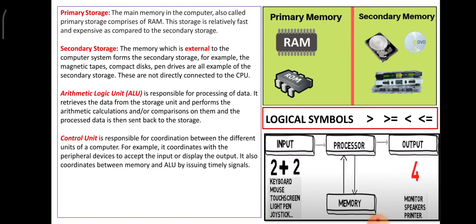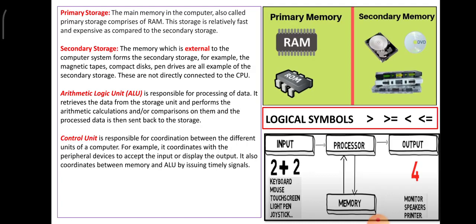As I have told you, the primary memory, RAM and ROM, I have clearly given it to you as a picture. Secondary memory is nothing but the external hard disk, the DVD drive and magnetic tapes that are available where you can store the information. The secondary memory is the external memory. It is not inbuilt, it is external. Even a pen drive is external. So you can take the pen drive as an example of secondary memory.